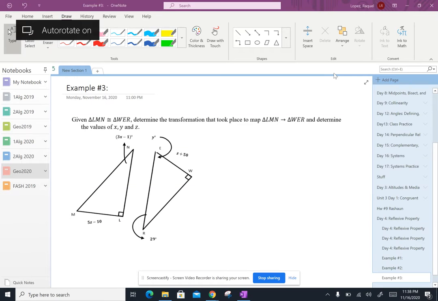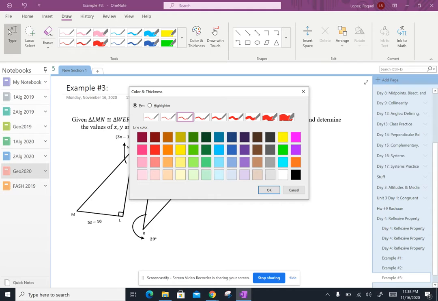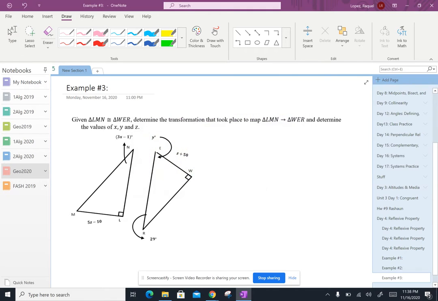Alrighty, geometry. In this video, we'll be doing some algebra practice with congruent triangles. So let's jump right into it. Okay, so we're told that triangle LMN is congruent to triangle WER. Determine the transformation that took place to map the two triangles onto each other and determine the values of X,